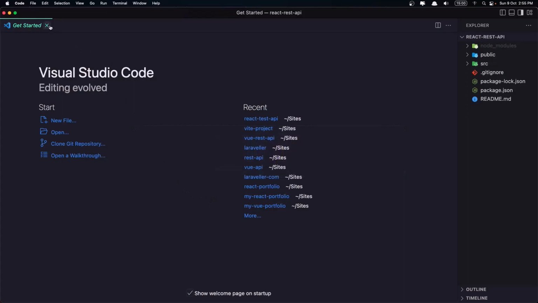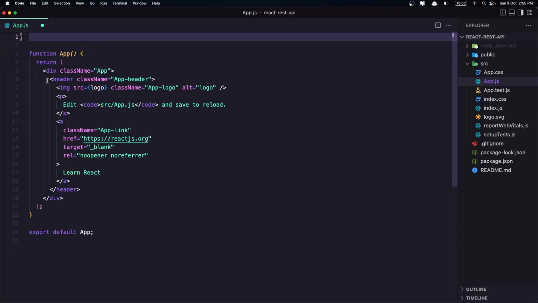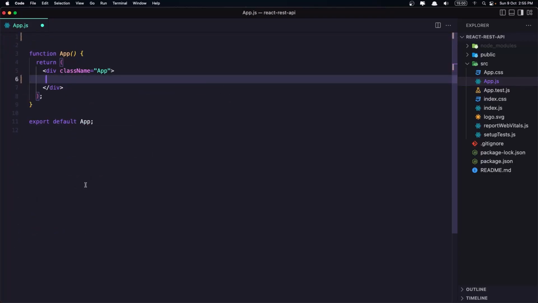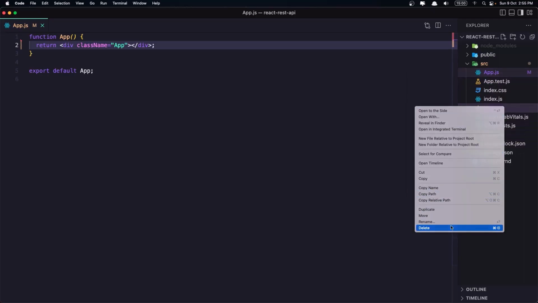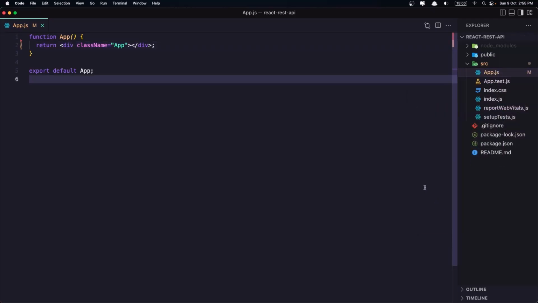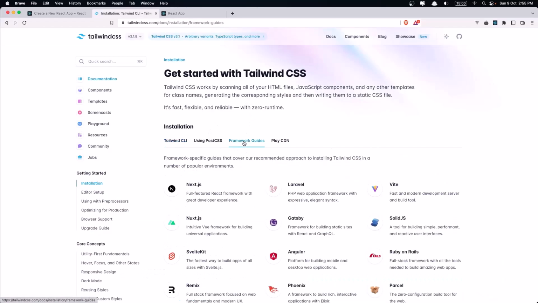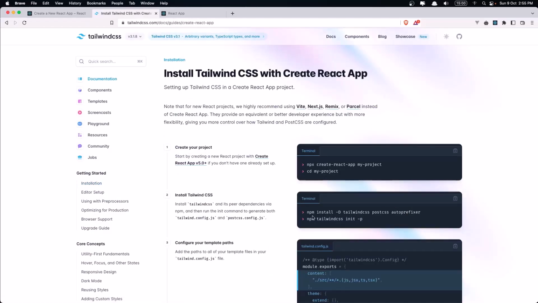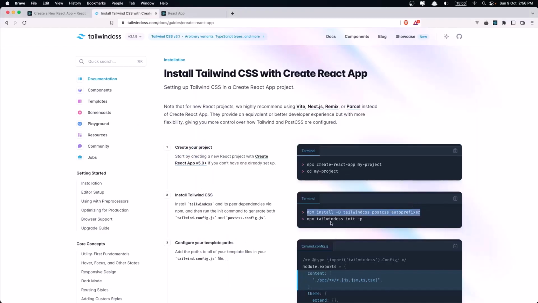Now I'm going to open the app.js and remove everything inside here. Just leave one div. I'm going to install Tailwind CSS here. So let's remove this app CSS file, also the logo. And let's go in the tailwindcss.com, get started, framework guides, choose the create React app, and let's copy this command and paste that in here, terminate, paste that command in, hit enter, then the npx,